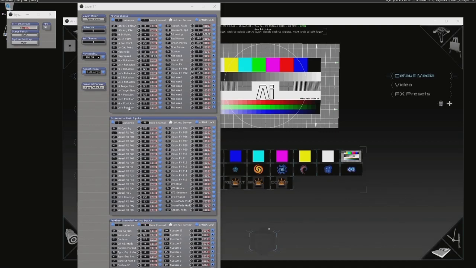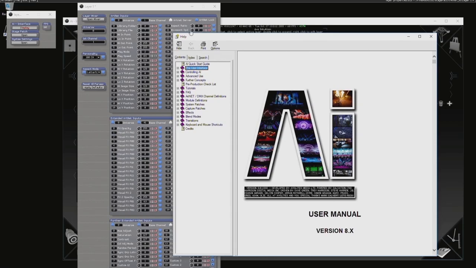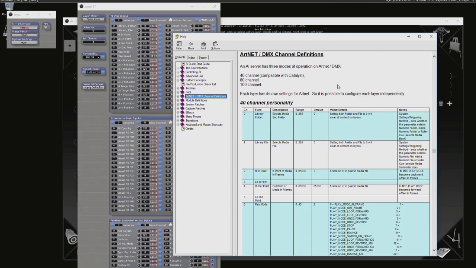Now the first 40 is laid out very much like a Catalyst personality, so anyone who knows that layout will know it very well. The second 40 concentrates more on things like visual effects and timecode control, and the last 20 have got a few extra things and some of the newer functions that we've been adding. If you want a complete guide to what all of these parameters do, if you press F1, it should bring up the manual for you, and then within the manual you can see ArtNet DMX channel definitions. If you go to that document, you'll see that it will break each channel down